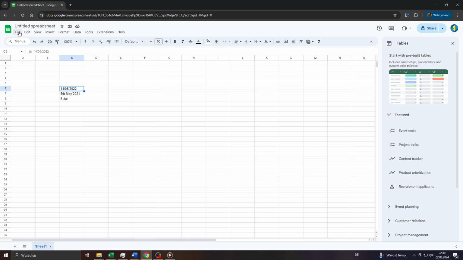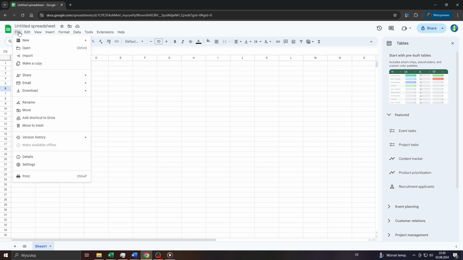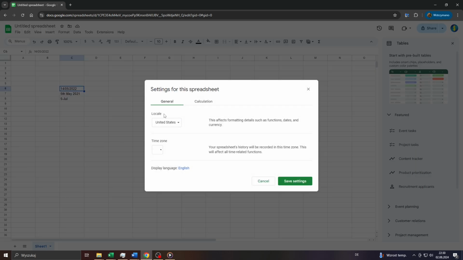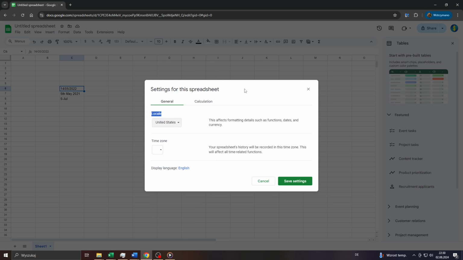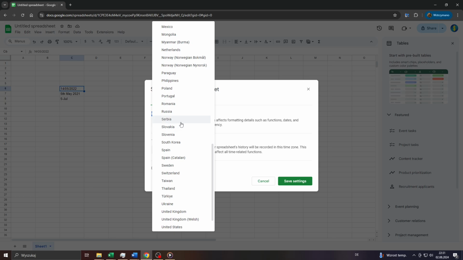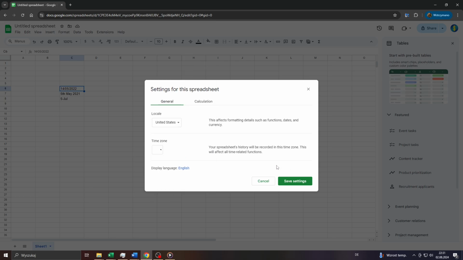And the second option would be, guys, for instance, if you'd like to change your format from European or from UK to US based format for time and date, would be to head over to your settings here on Google Sheets by selecting settings from that drop down menu here when you click on file, and to change your locale or locally from the US, for instance, to the UK or to any other European or any other country in the world. This will set the given country's format for time and date as default in your sheets. Click on Save